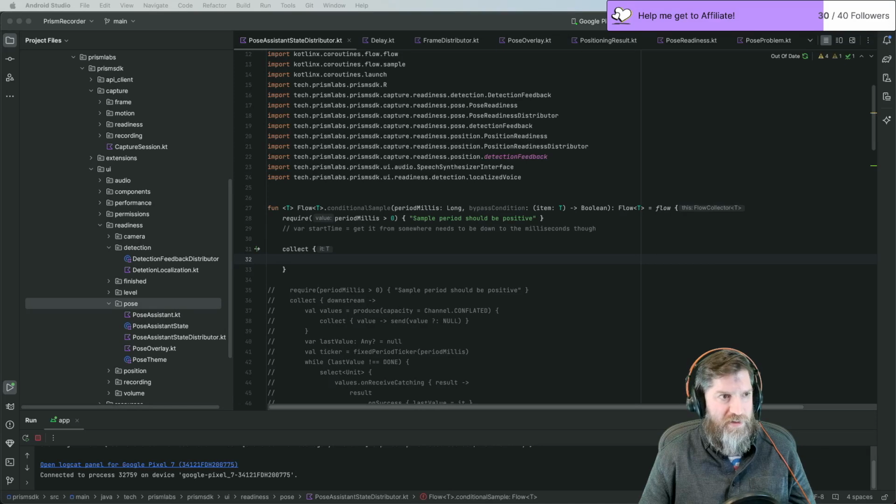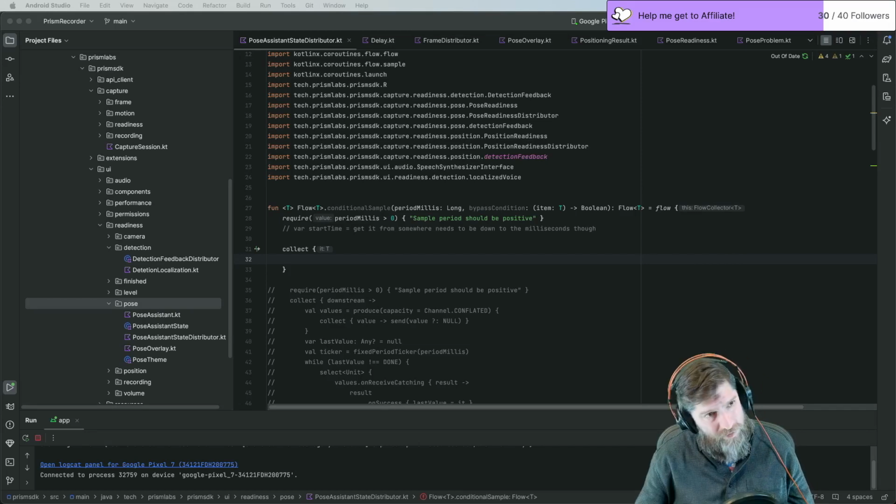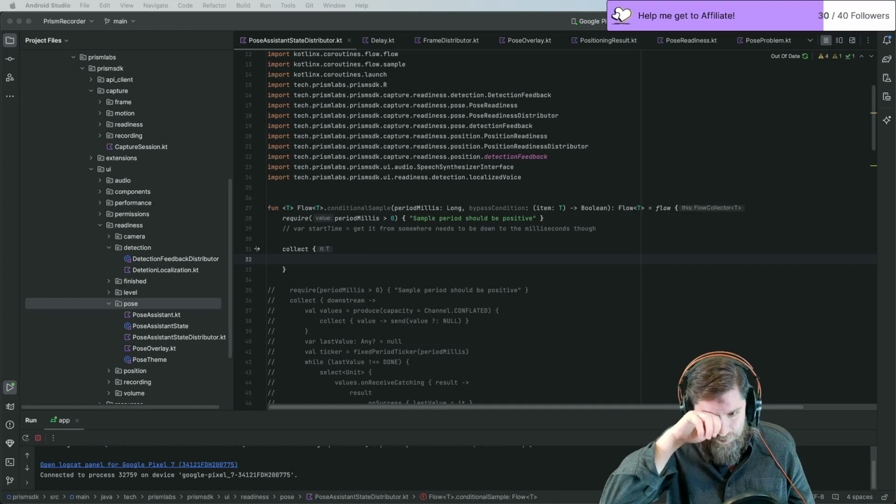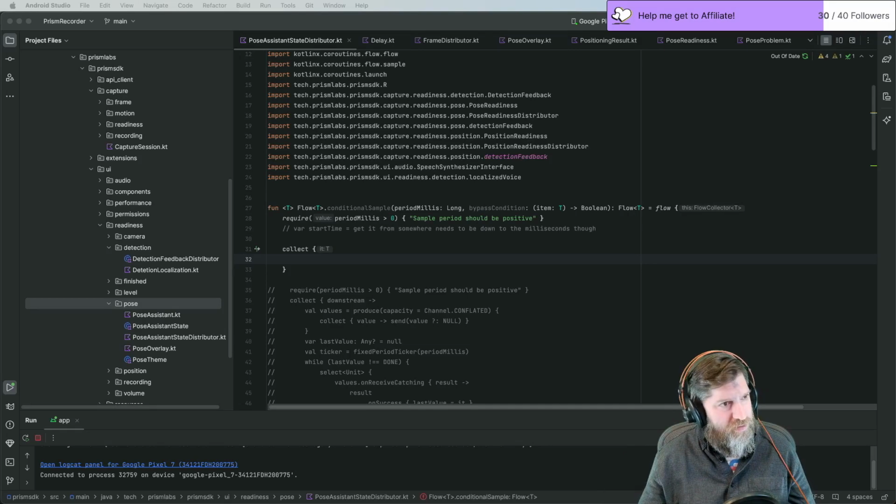I think I figured out what we need to build to solve our complexities around sampling. I think what we need to do is implement a flow operation to conditionally sample. Basically, a version of the flow sample operation. I would also take a bypass condition